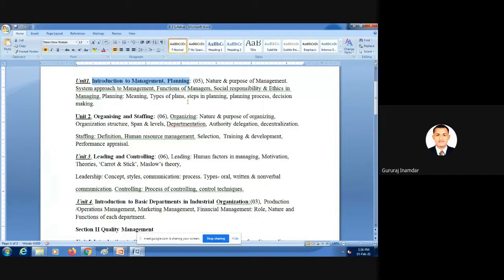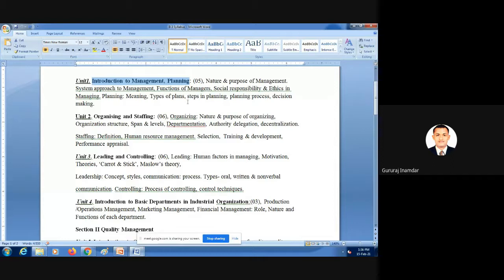Planning is a very important factor. Your entire process will depend on that planning. Whenever your planning is strong, definitely your product will be strong. Planning is the first step of your product and its quality. Our image and our brand in society also depend on all these factors of management: planning, organizing, staffing, leading and controlling.